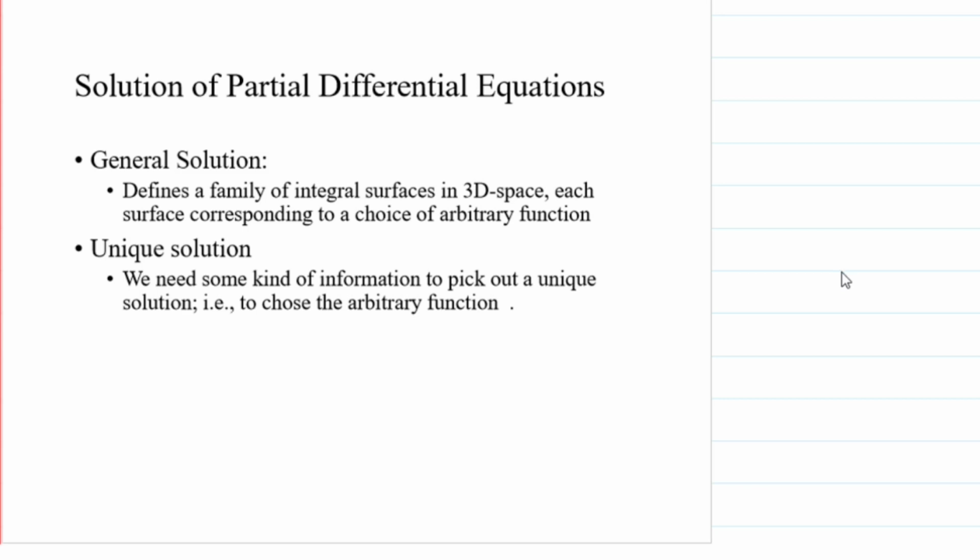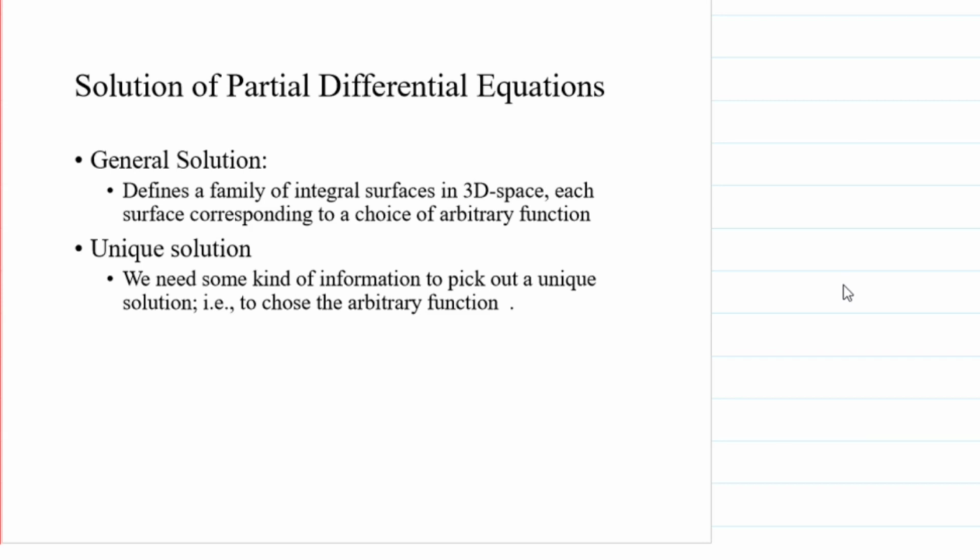Additionally, when you integrate, you will get an integration constant. To find the value of this, you have to have some additional information. Immediately after you solve a partial differential equation, you will come up with a function with an arbitrary function, which is called the general solution. If you have sufficient other information to pick out the arbitrary function and arrive at a unique solution, this is often called an initial value problem.